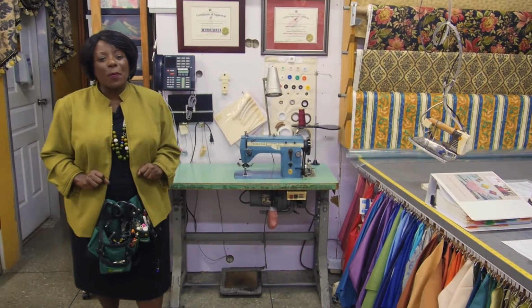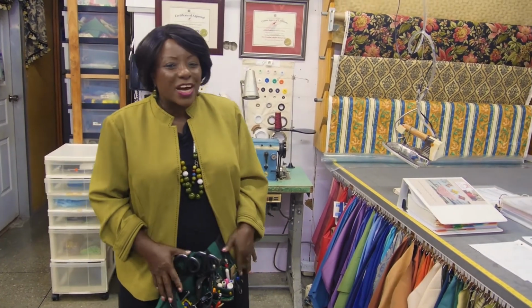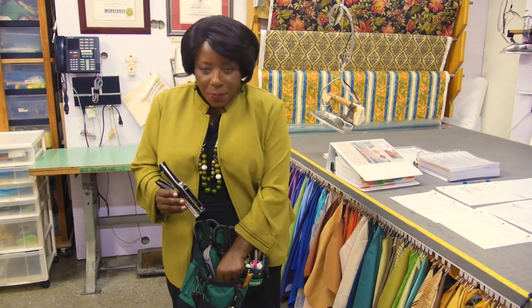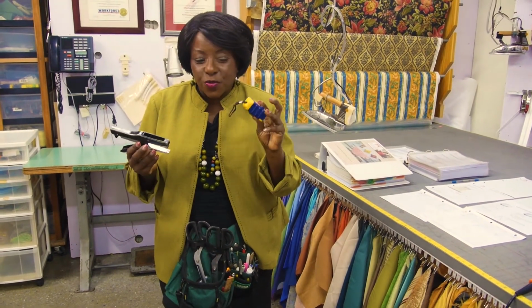And while we're on the topic of efficiency, I'm going to tell you about the pouch that I've been wearing all this while. This is my apron. When I am teaching a class or I am fabricating for a client, I always wear my apron. It literally places all my small tools at my fingertips. It contains my scissors, my fabric stapler and remover, my small 16 feet retractable tape,